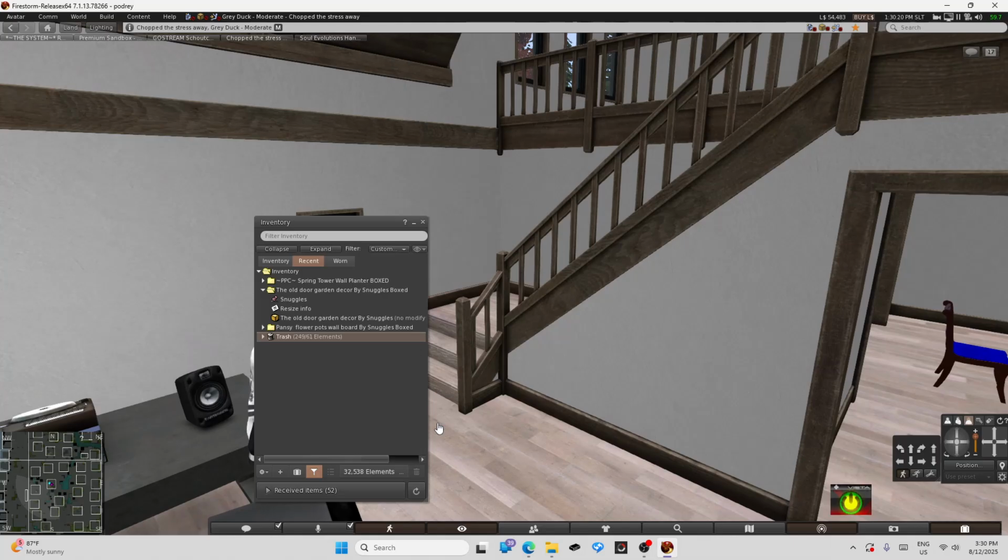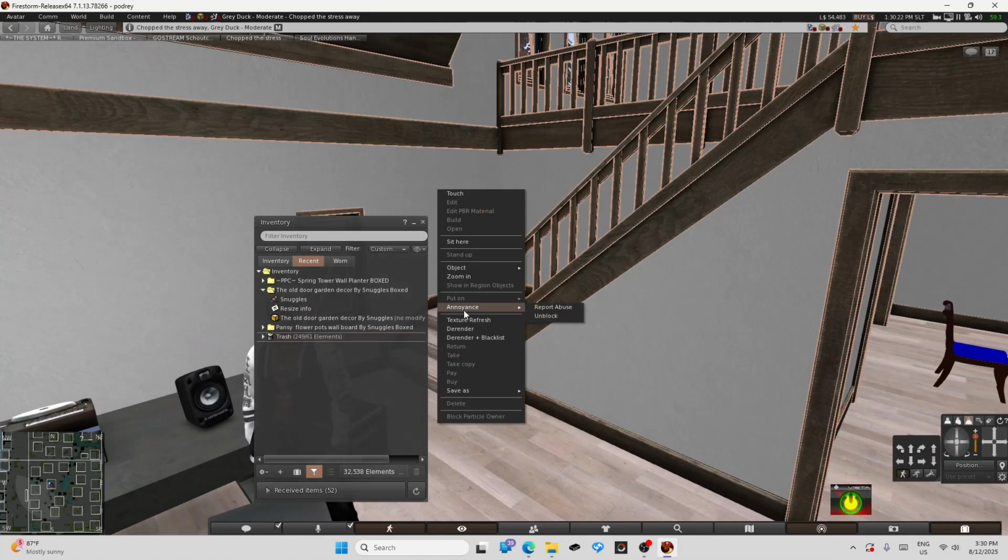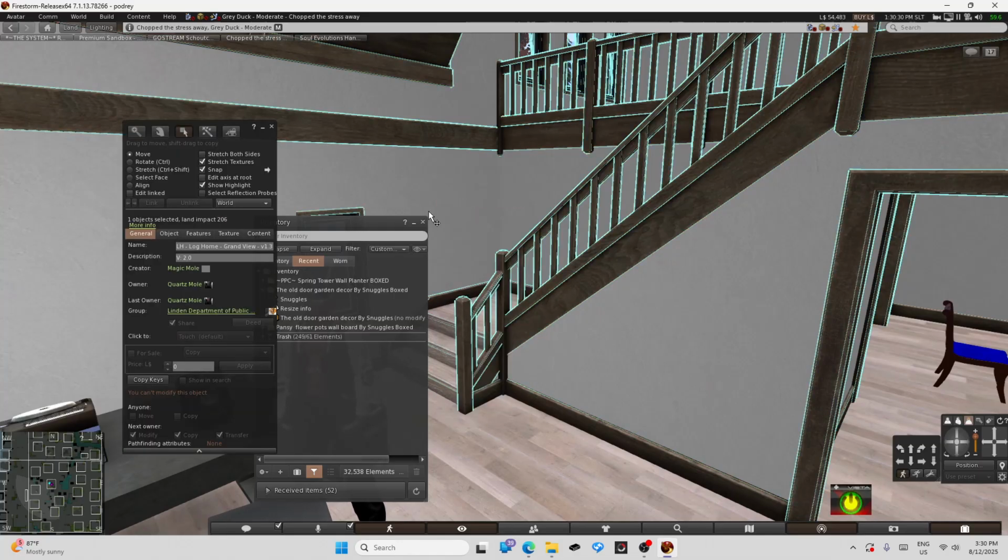Alright, let me right click so I can get my little arrow key, arrow thing. First things first, let's get rid of the trash, stuff I won't need. Just takes up inventory space. Now let's drag this down,